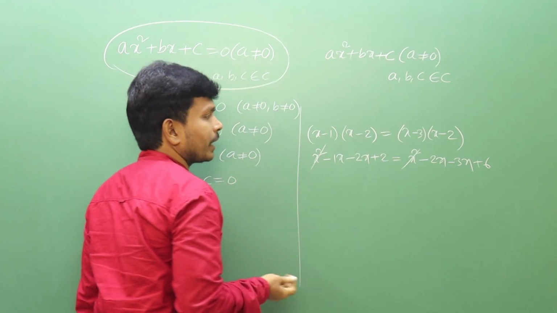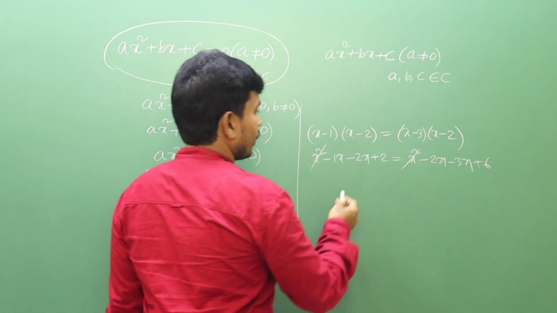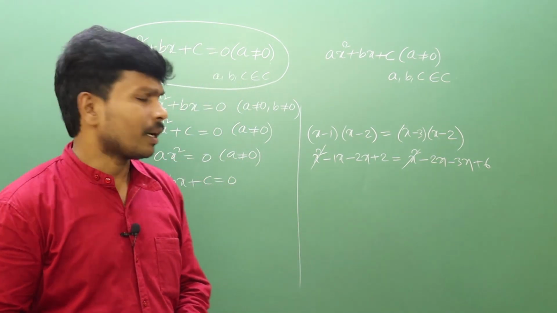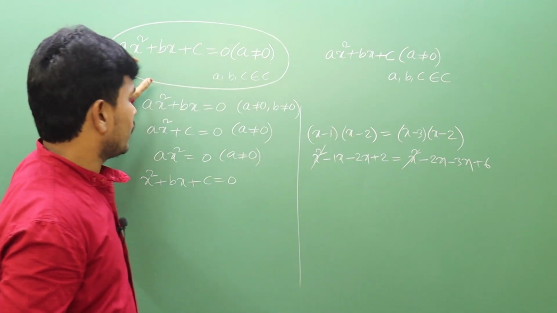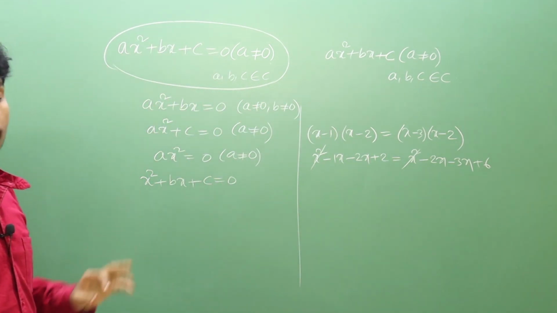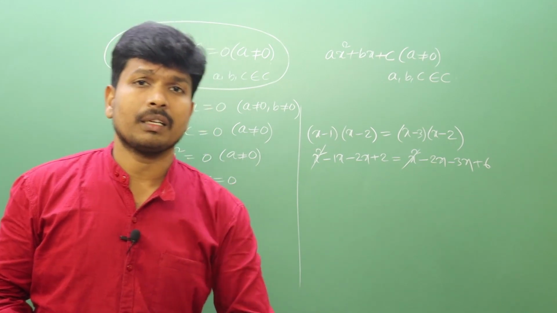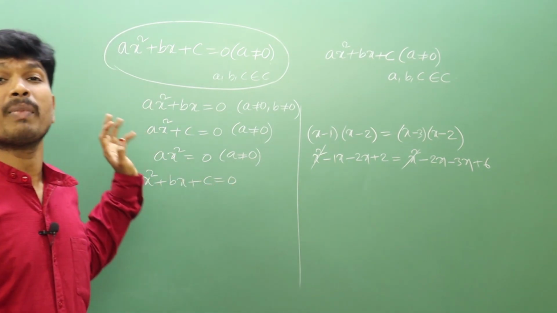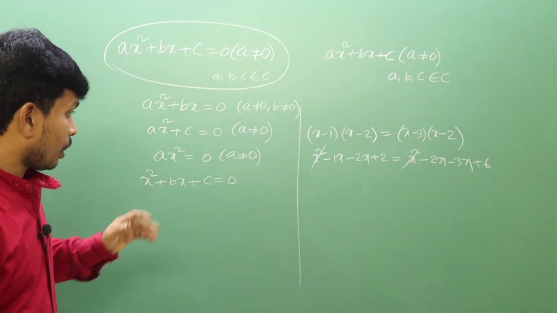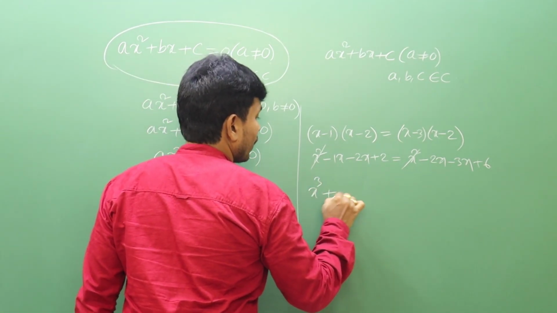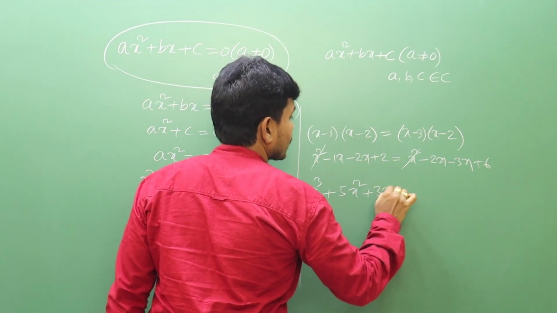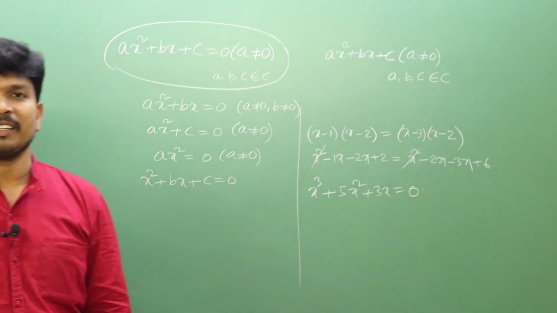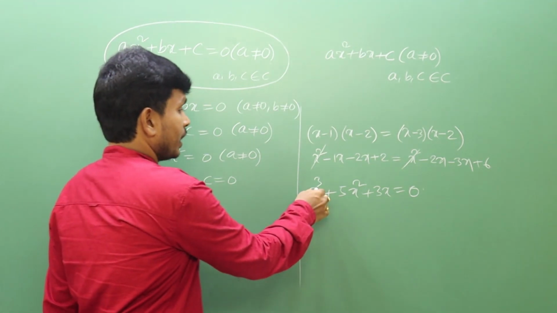x² gets cancelled now. So what did you get? It is not a quadratic equation. No need to simplify it fully, because only if the x² coefficient is not equal to 0 is it a quadratic equation. That equation must contain an x² term and its degree must also be 2. Okay, now, is x³ + 5x² + 3x = 0 a quadratic equation? It is not a quadratic equation because its degree is 3.